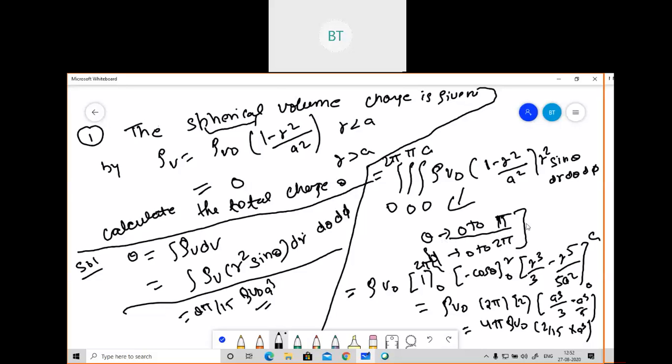I have solved, I think, 5 or 6 problems in which we find the total charge, whether the charge density is constant, or at a certain position where r is varying, either r is less than a or r is greater than a. These 5 or 6 problems which I have solved here are very important. If you do the homework and try to solve them at home by yourself, read the problem, read the solution, and apply your concept, you will face no difficulties there. Please see and tell me if there is any issue or difficulty.